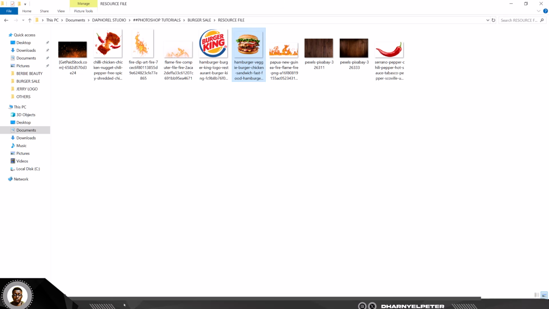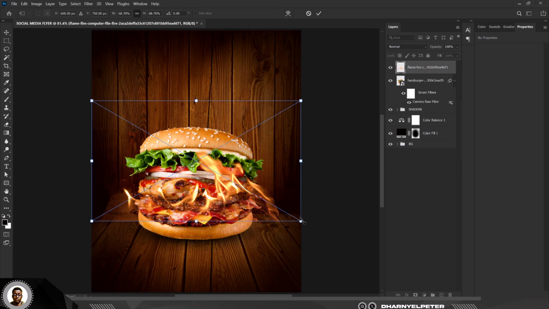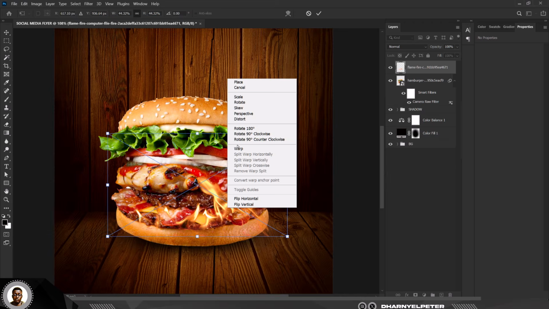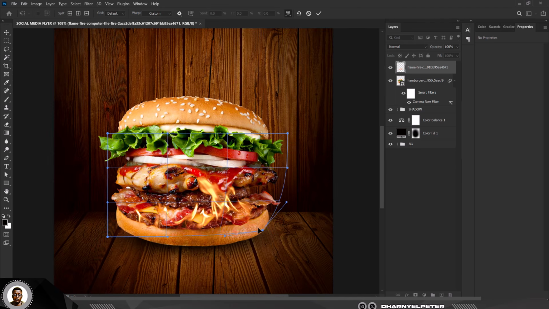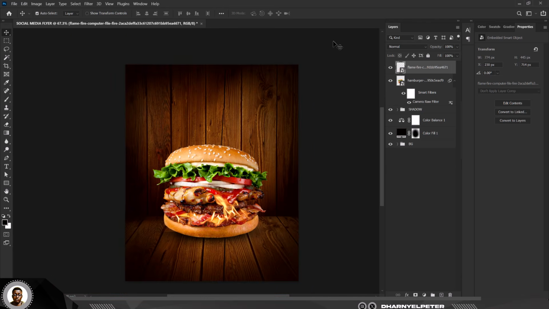Okay, so now that we have this, I'm going to bring this image in. Like I told you, to download these elements that I use for this design, the link is in the description of this video. Just scroll to the description of this video and you see the link to get all of these images. Click enter when you're done with this,